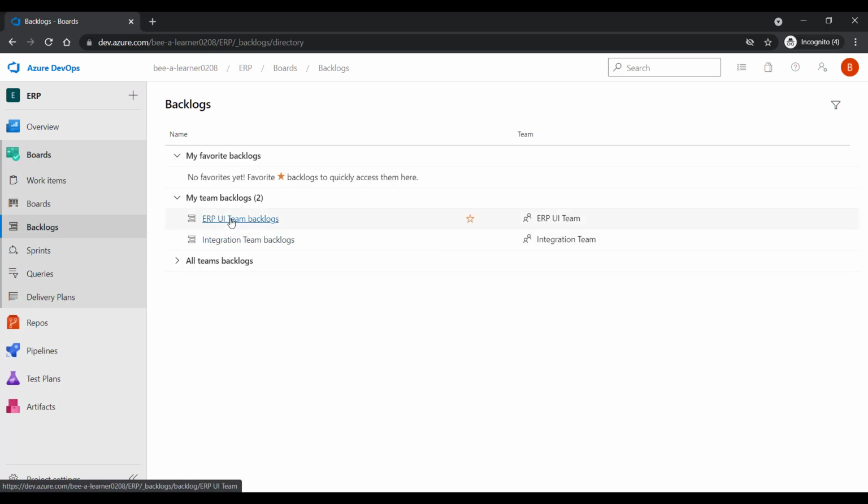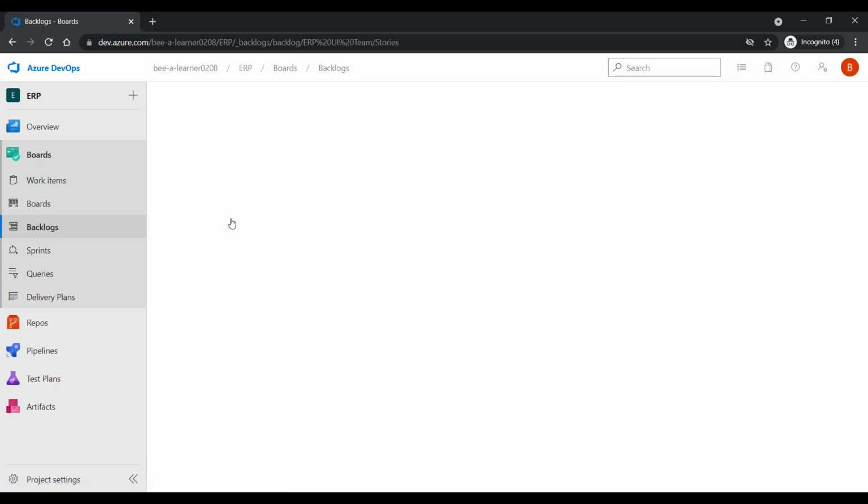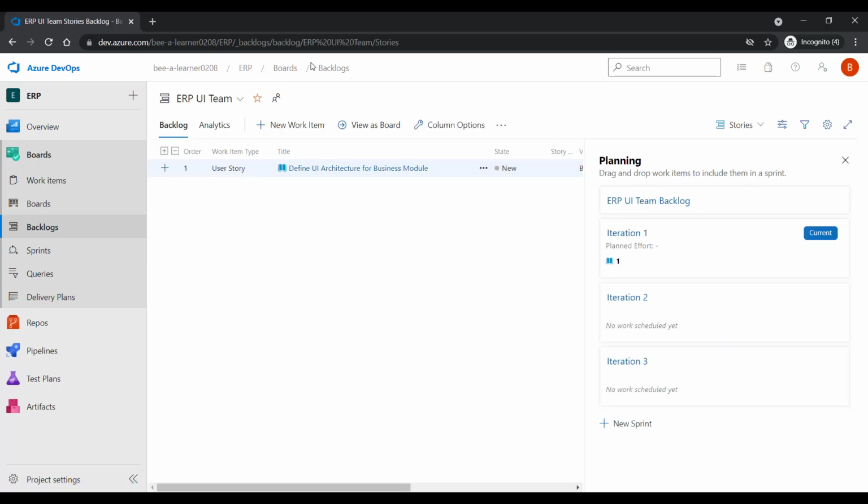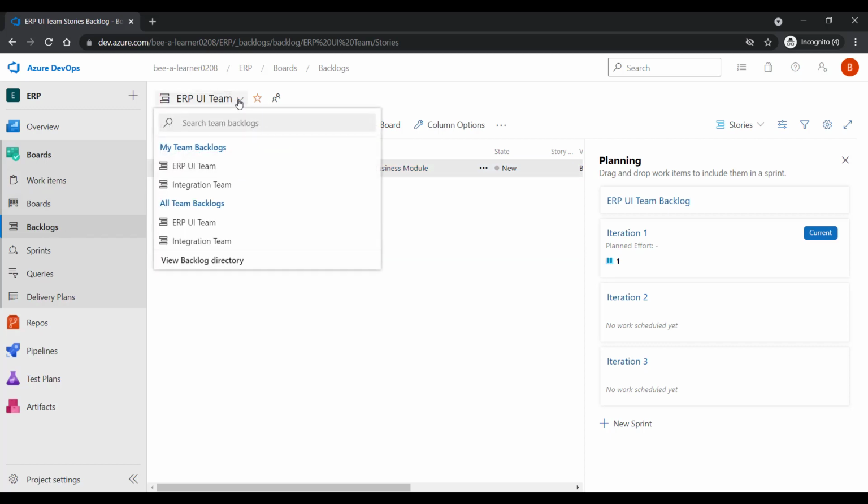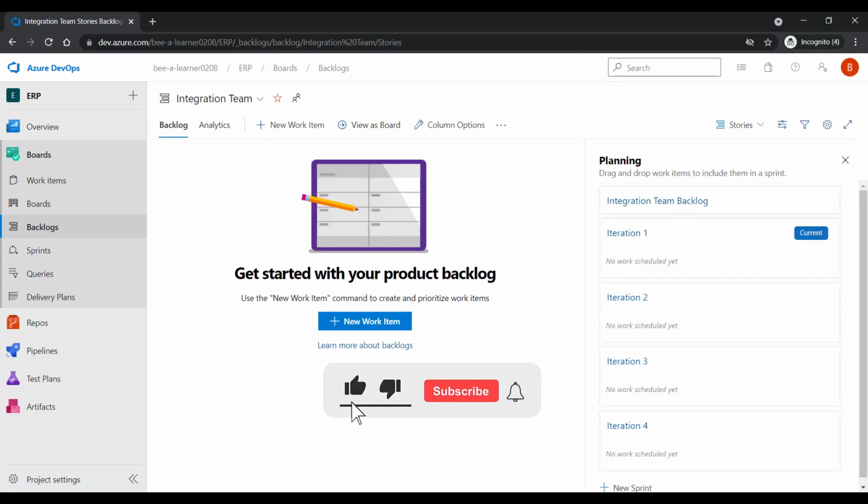So you have these teams. I'll go to this and select my ERP UI team, and you can see that we have got our user story automatically selected here because of the area path which we have given. Now if I go back to the different team, which is my integration team, I should not have that